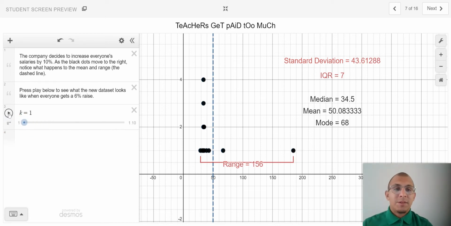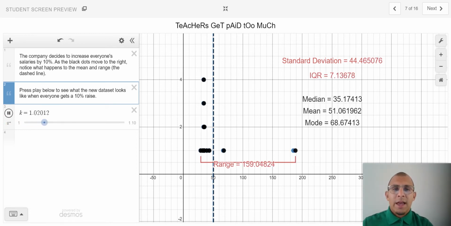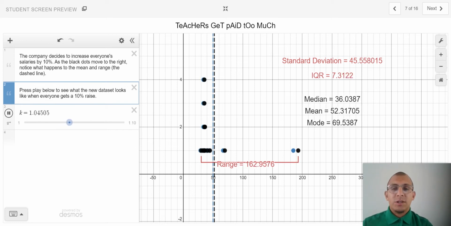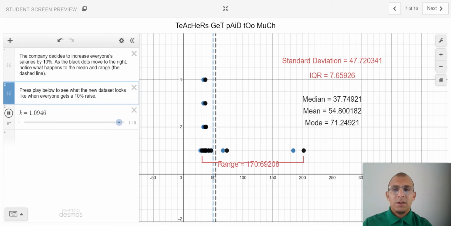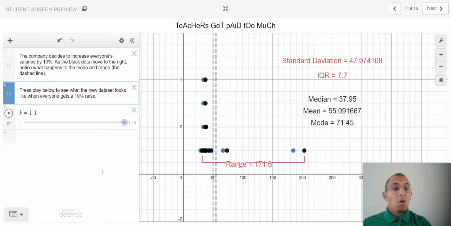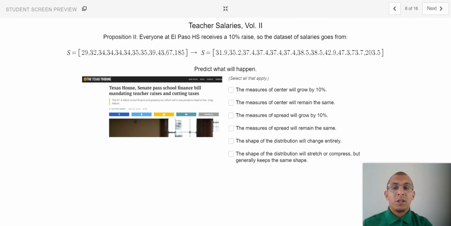We have our same set of data once more, and we are going to apply a 10% raise. Oops, little typo there. And as you can see, there we are, right? All of our descriptive statistics were changing. The range is changing because the multiplication of 1.1 is going to affect, obviously, the larger values like this outlier here more so than the smaller values,